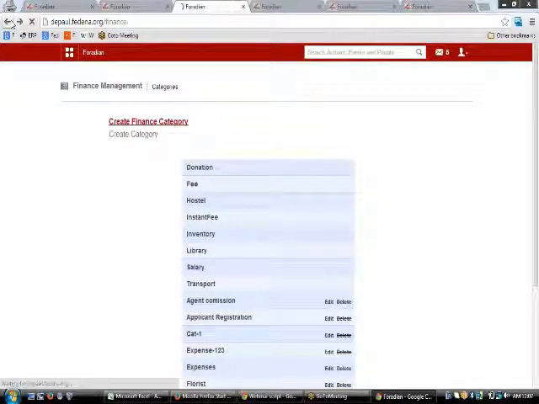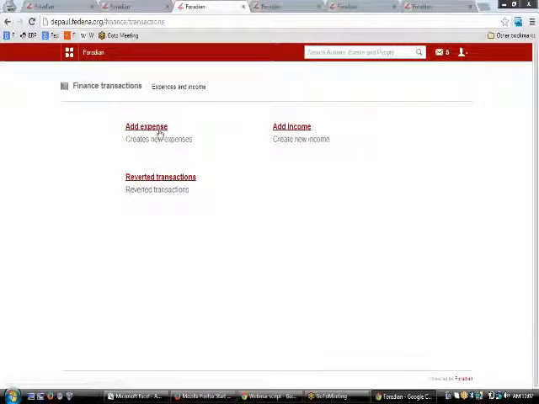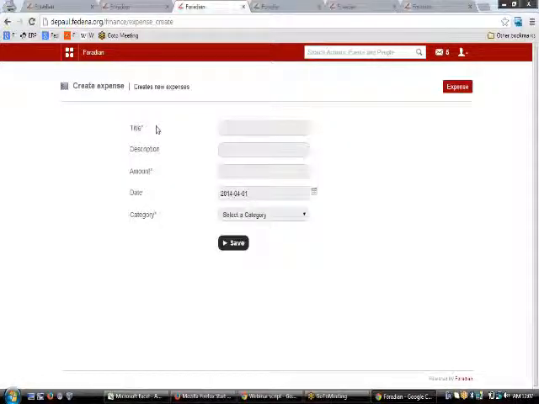So after making the required selection, you can go to this transactions part where you will be able to record your expenses and incomes in this respective link. So to again record an expense, normal expenses like the salary or the fees or the applicant registration will be recorded of their own. But if there are some other expenses that are not done automatically, you need to record any of your expenses like this, like the title, the description, the amount, and then the date, and then select the category.